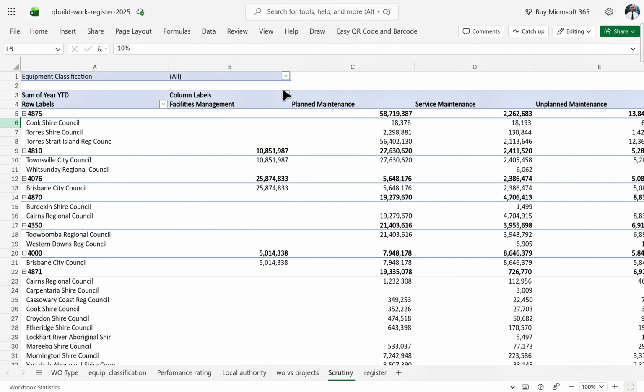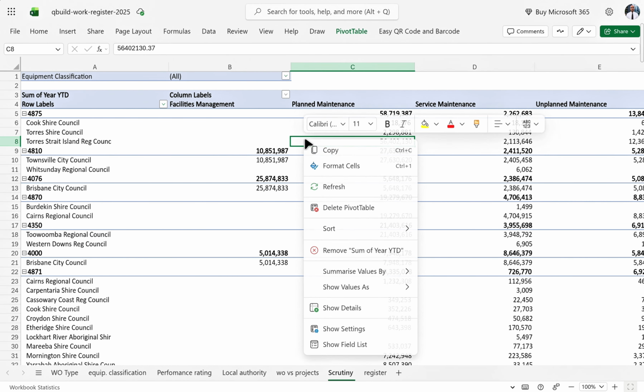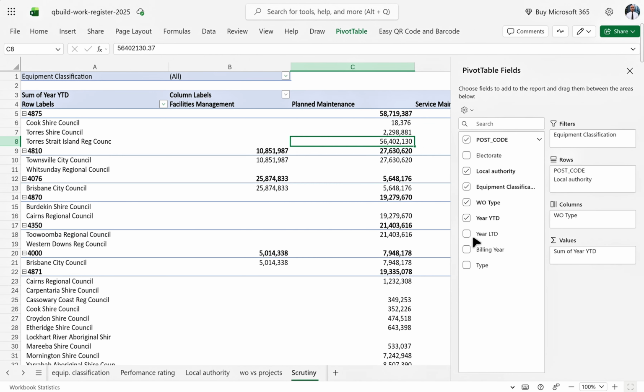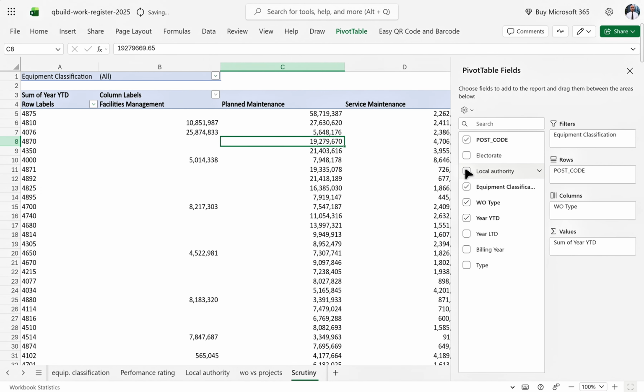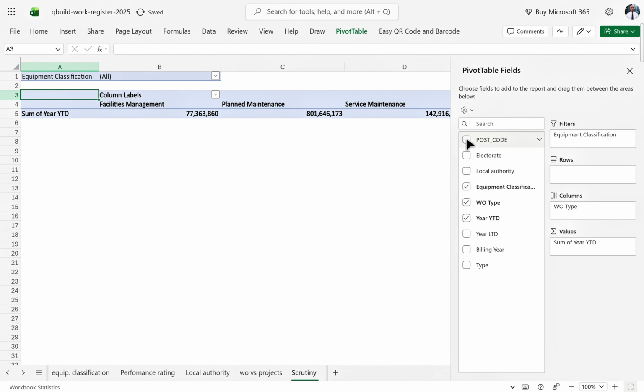Just 1 second. We will display our field list, and we're going to remove some data here. Let me remove the equipment. I remove the local authority. Let's remove the local authority like that. We're also going to remove the postal code,